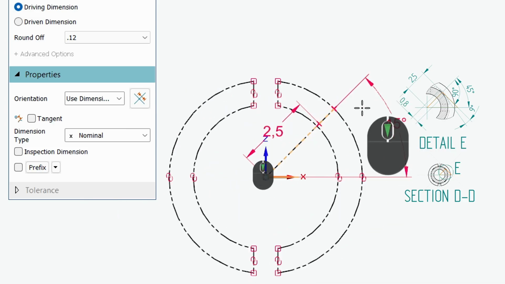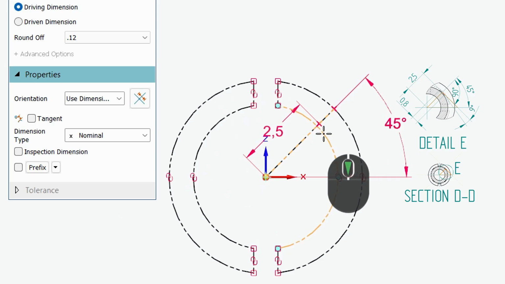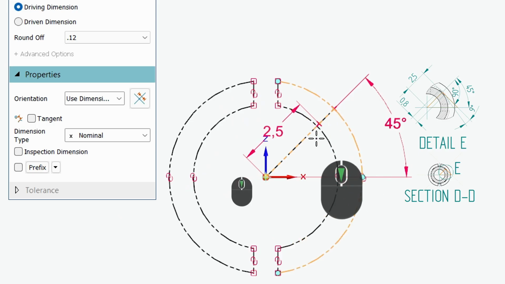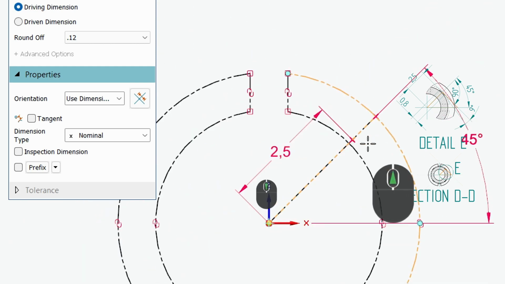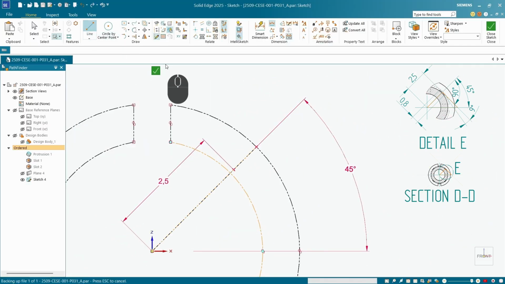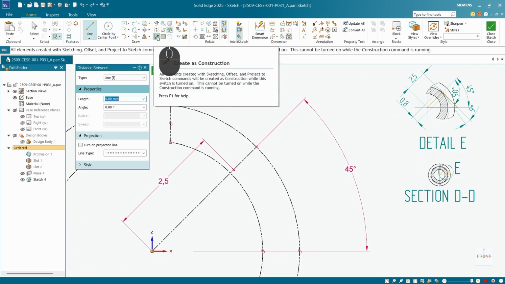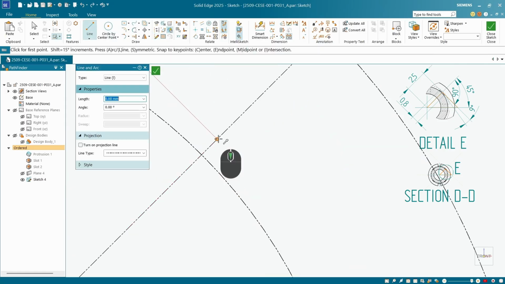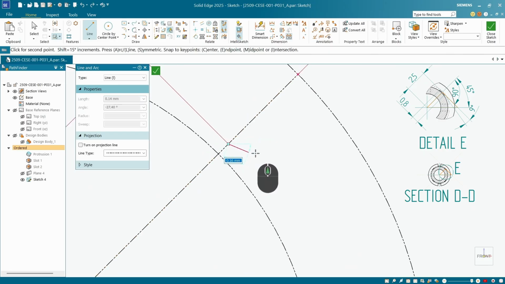2.5 and press enter, because this is the diameter of our shaft and this is our shoulder. So that's actually perfectly fine. And now we want to create our shoulder from that. So I'm going to choose the line command. I'm going to get out of create as construction, and hover over our point until we get this selection. So I click on the line, click on the point, and I just draw my line,